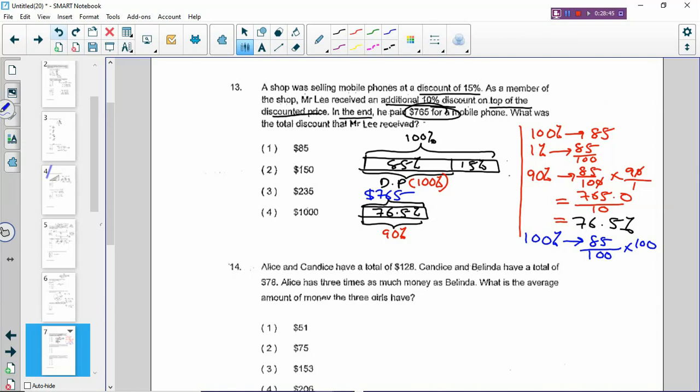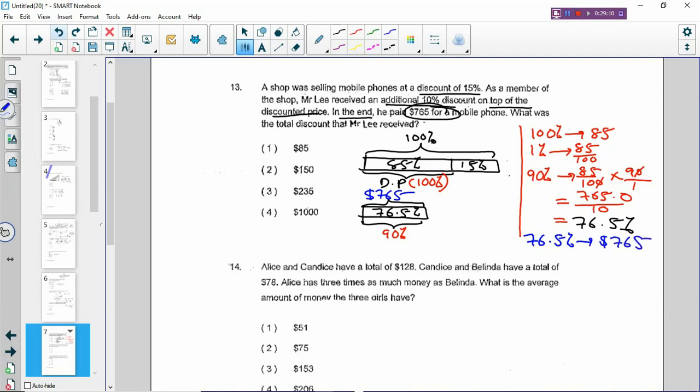Okay, 85 out of 100, multiply by 100, and you will get... Mr. can't do this way. All right, let me just cancel it. I can't do this way. So let's erase that part. Okay, so you have 76.5%. All right, 76.5%, which is